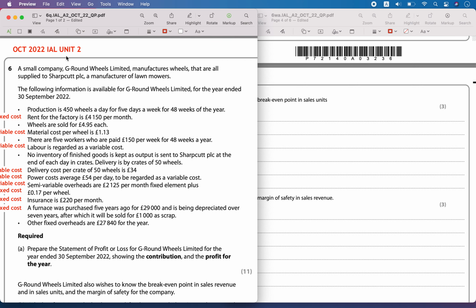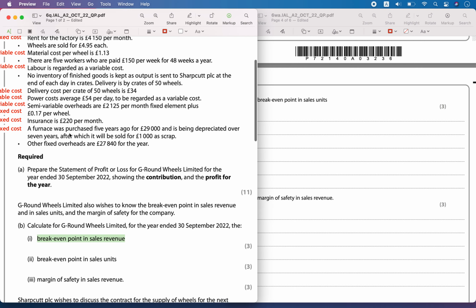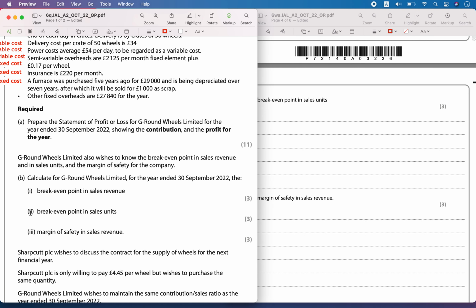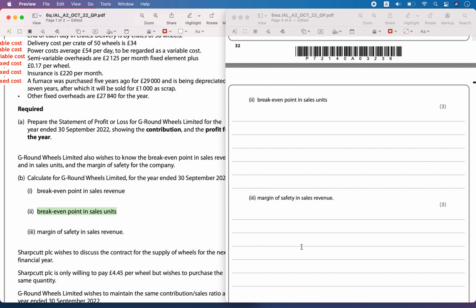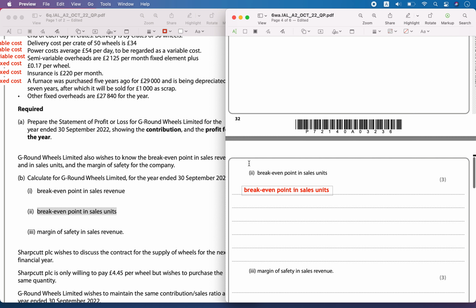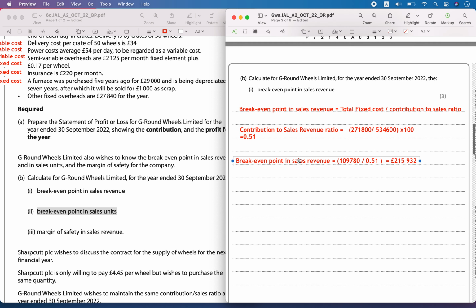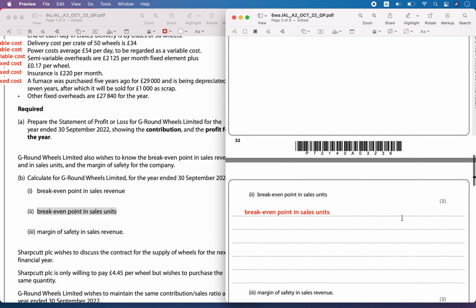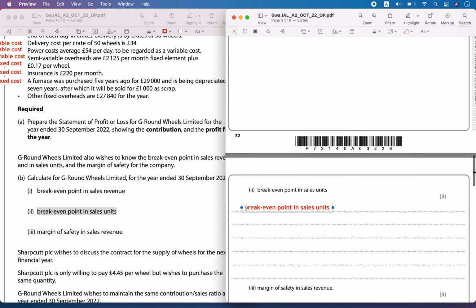Hello, today we are solving October 2022 IAL Unit 2 question number 6 part B2, the break even point in sales units. Okay, so now let's write what is the formula for break even point in sales units. In the earlier part we had calculated the break even point in terms of sales revenue. So we can find the break even quantity that is necessary